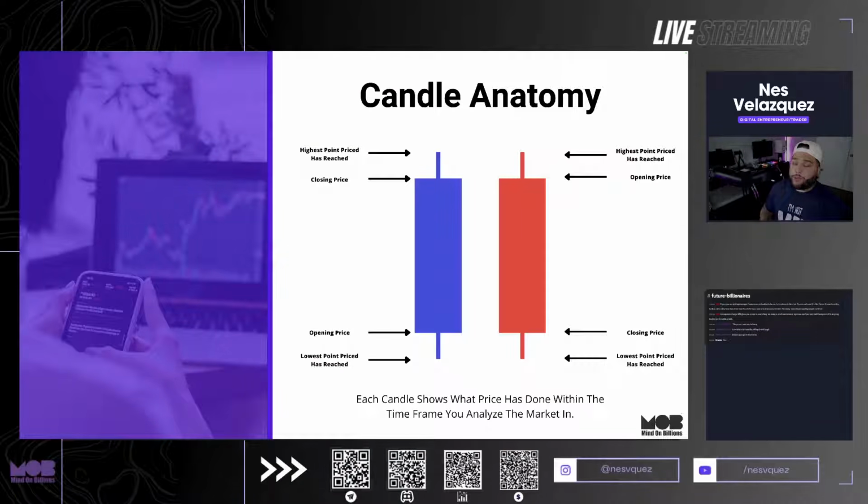It's very important. When we are looking at these charts and you start to see these candles, you're like, okay, what are these candles? This looks like a whole other language, right? Here's the basic candle anatomy, all right? And we're going to get into the charts in a second, but I want to prepare you for this, okay?